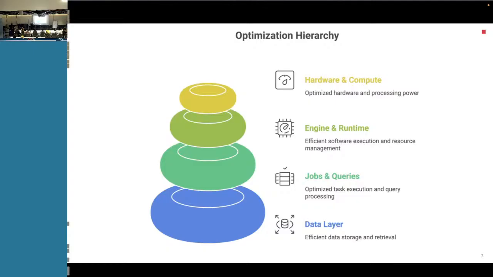Because storage is decoupled from compute, what can we optimize? Either storage or compute, or both of them, because they are somehow connected. For storage, I can optimize the data layer. For compute, I can optimize hardware, engine, and runtime. And here you touch on the fact that I can optimize the job and queries.